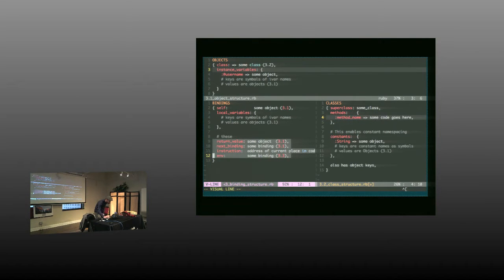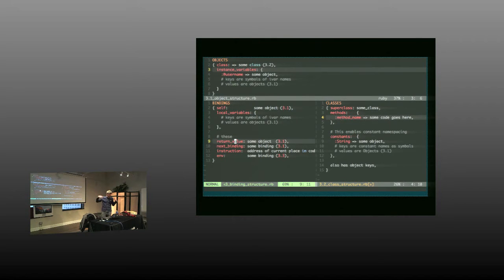These ones here, this is my interpretation of it. The binding is where we're going to store the value to be returned. So when you call a method and it returns a value to you, we're going to store that here in the binding. And every time we evaluate an expression in Ruby, it evaluates to some object. And every time we do that, we'll just update whatever that value is right there.